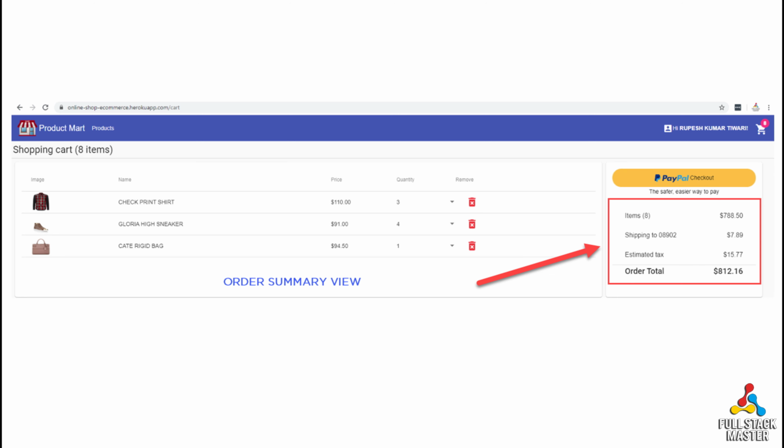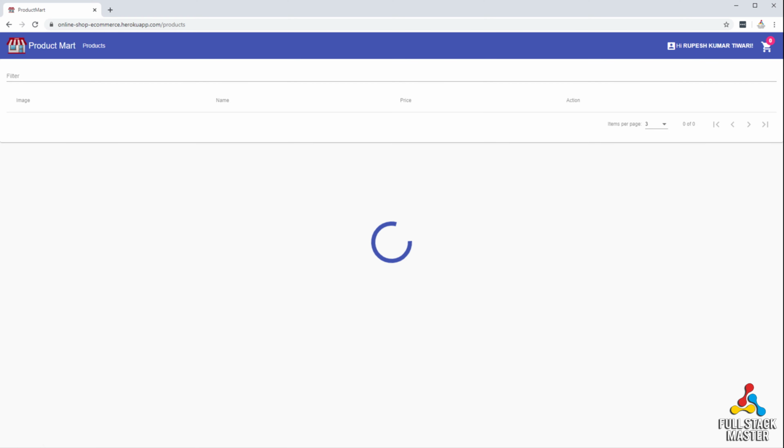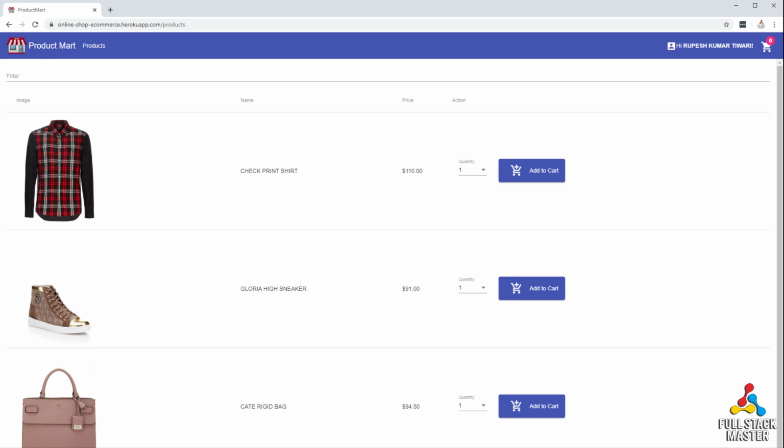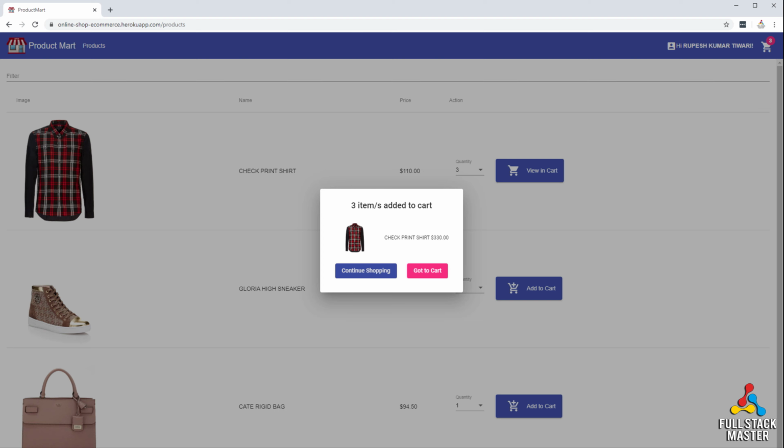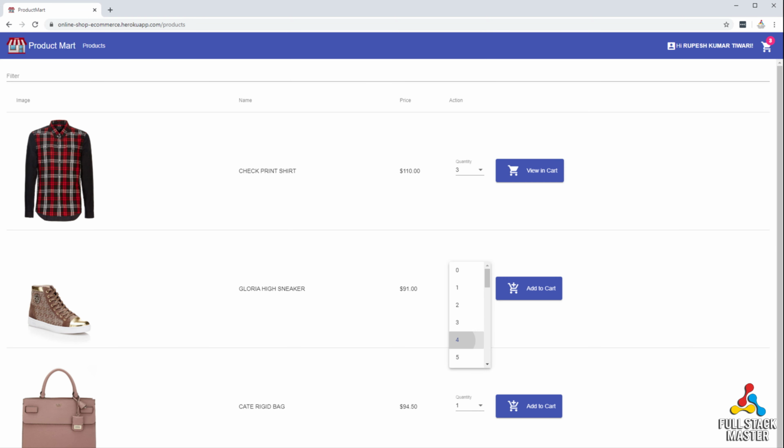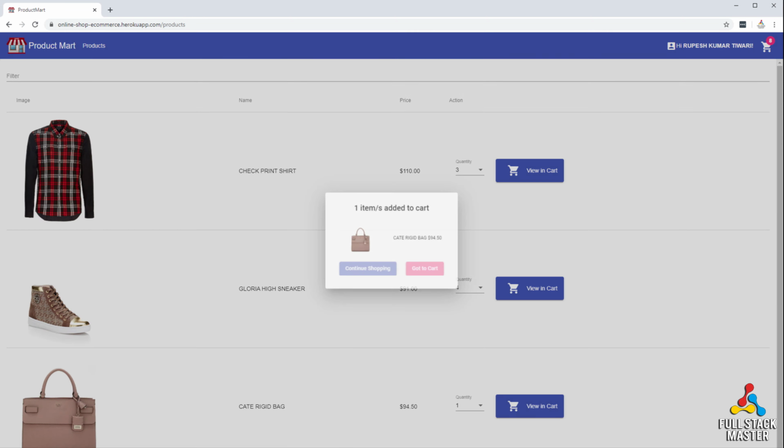If you notice this page, this is the order summary view where we want to show the order subtotal and grand total. Let me walk you through the requirements that we have for the order summary view. So once you are in the products page and you started adding some items with their required quantity in the cart,